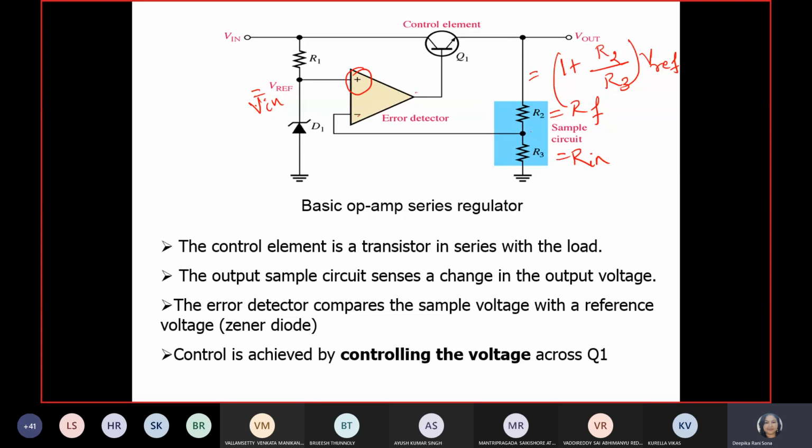Guys, if you are clear about the PNP and NPN transistor, whatever mode, it doesn't matter. If you know the common emitter, common base, common collector, from that point of view, if you are very clear, you can easily understand the voltage regulator concept. This is nothing but your base is connected to the output of the op-amp, and which current will govern that? Here IE will govern that, because IE is connected to the V out, but in the shunt one, IC or VC will govern the output. That's the only matter. Okay. Do you have any doubt?